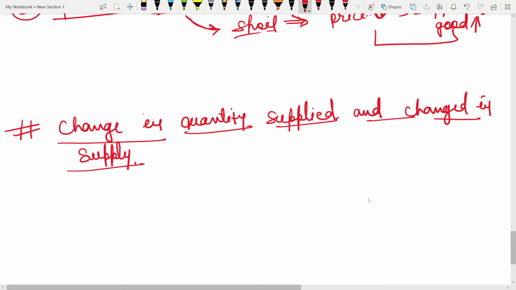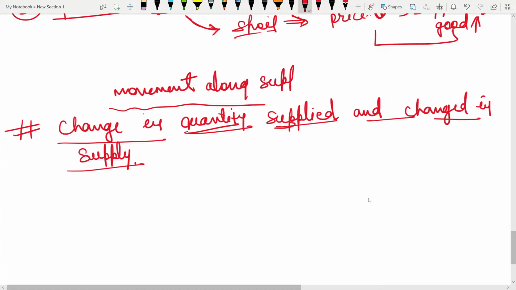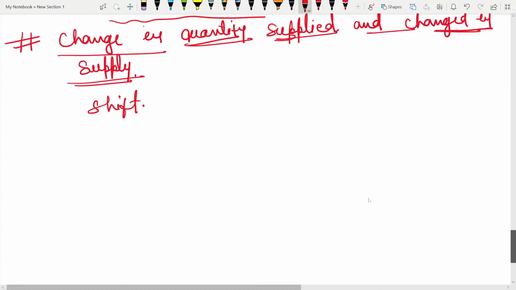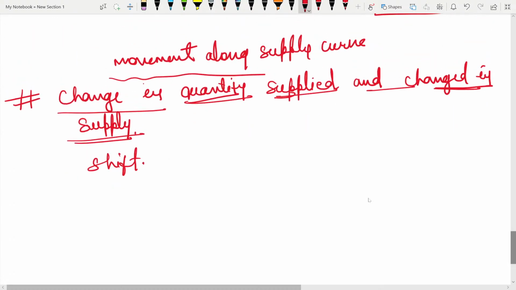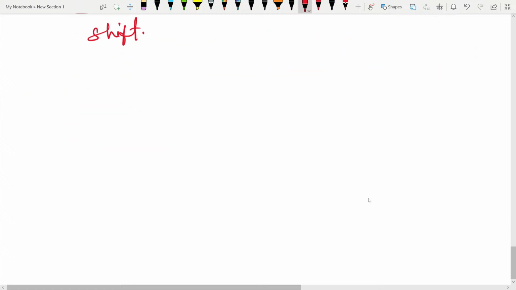So if we say change in quantity supplied, this is what? This is movement along the supply curve. And if we say change in supply, this will come in shift. Okay. So there is a large difference between movement and shift. We will see which factors affect movement and which factors will come in shift in supply. Okay. So first of all, talking about movement,